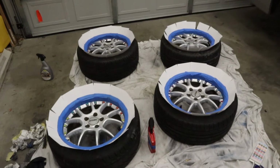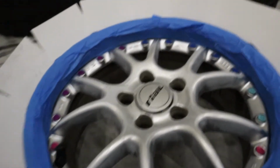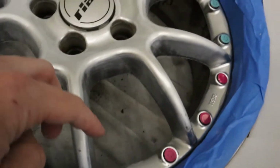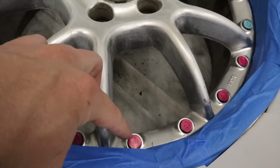This whole project is taking forever. Just the act of masking the wheels was pretty involved, but I taped the inside of the rim, used the glove finger on here. I bought these little kid stickers and gave my wheels some gold stars, even though they're smiley